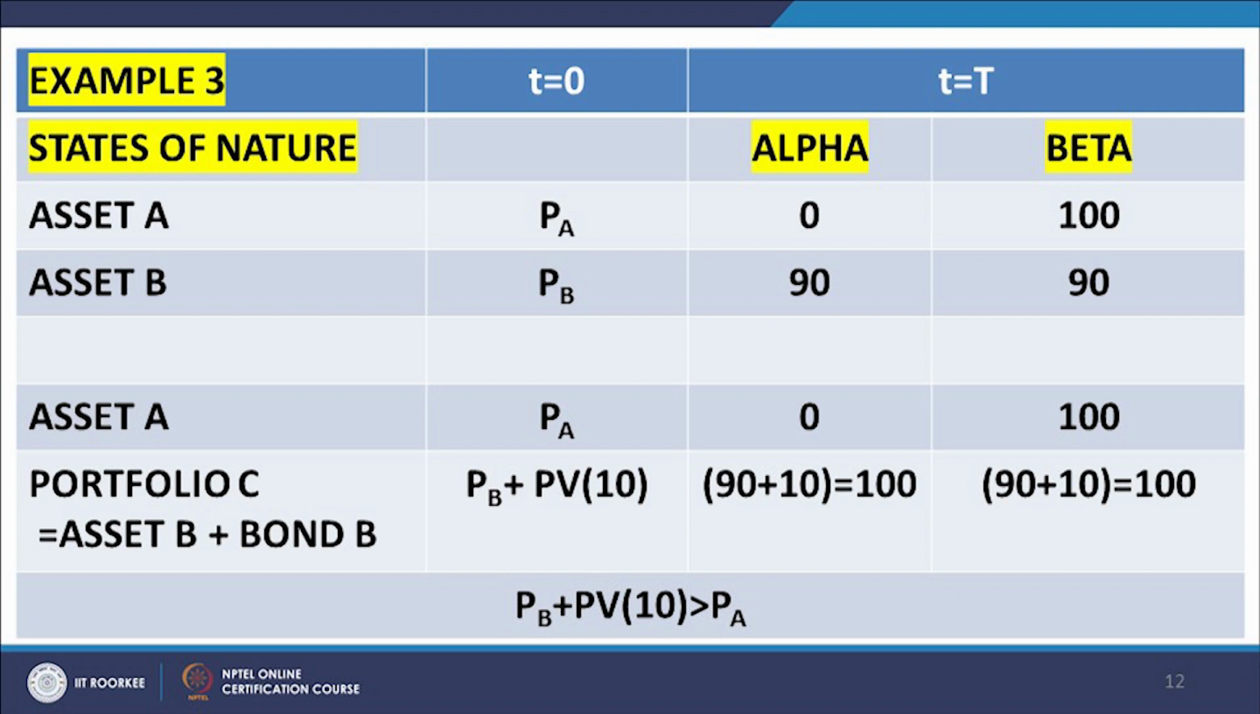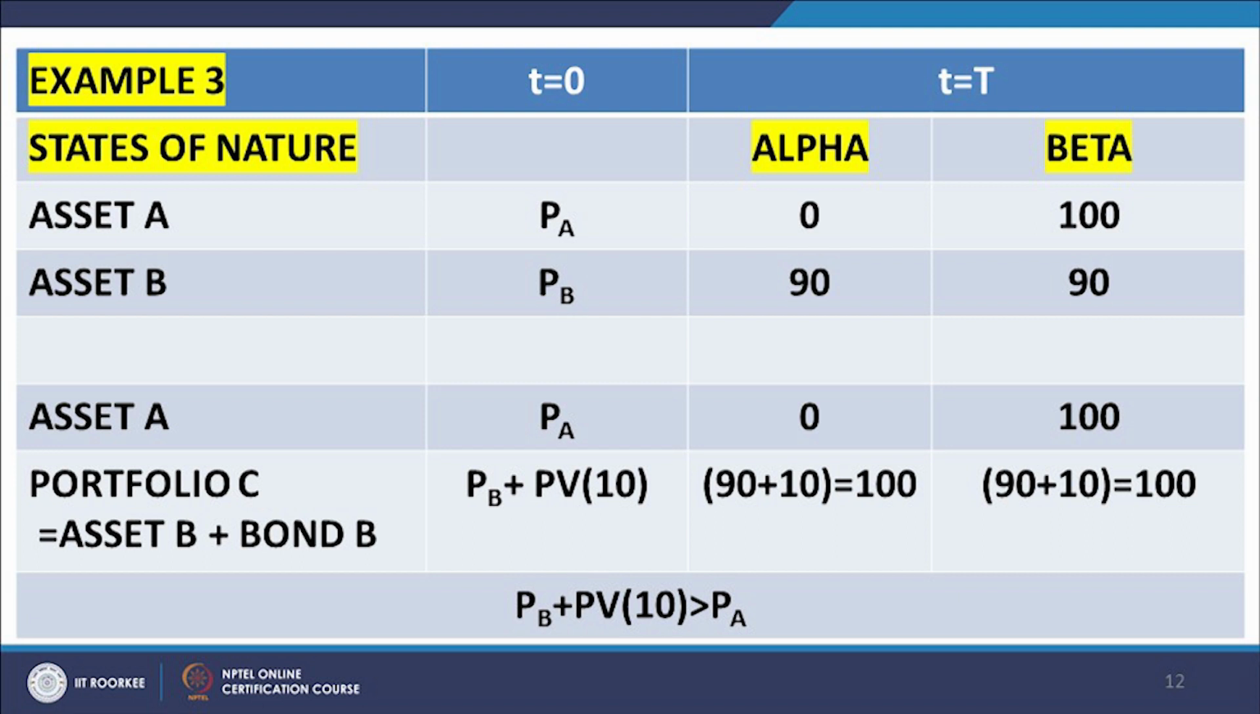Suppose we construct a portfolio C. This methodology is very important when we talk about setting of bounds on options and other similar contingent contracts. Let me explain this in a very simple manner. Let us form a portfolio C. We leave asset A as it is, we do not disturb asset A. We form a portfolio C which consists of asset B, and we add to it a bond which has a face value of 10 and which is trading at a present value of 10 at the appropriate risk